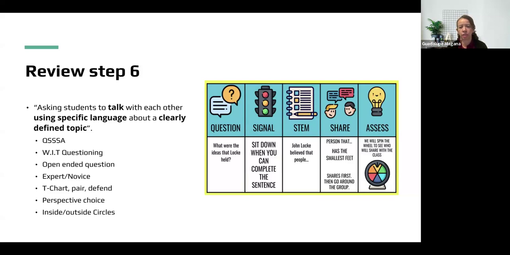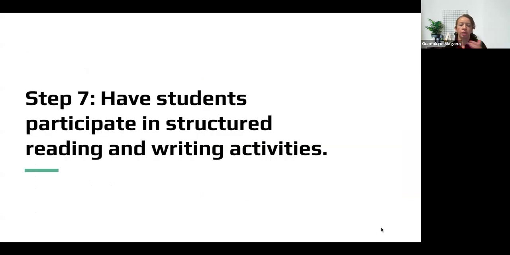And I feel like it's the one that we actually do without recognizing that that's what we're doing when we have students participate: do the question, do the signal, help them write the sentence stem, share with somebody else, and then come back to the classroom and assess how they did the activity and what they learned. So everything summarizes on its own, and it goes smoothly to our biggest one, which is